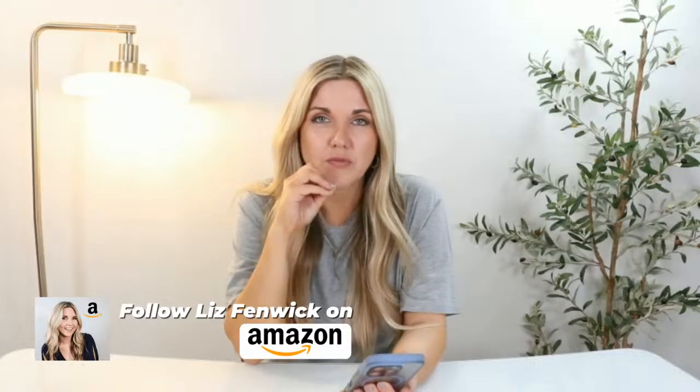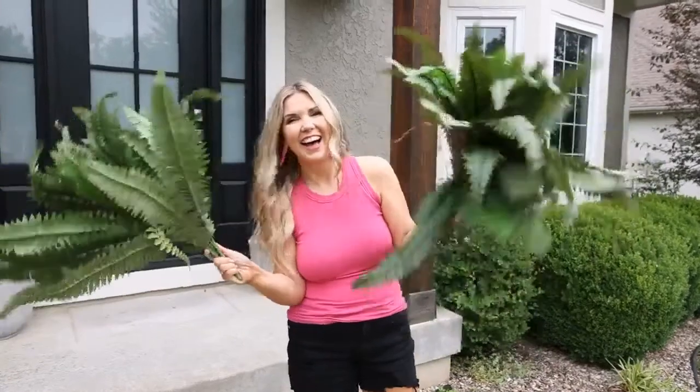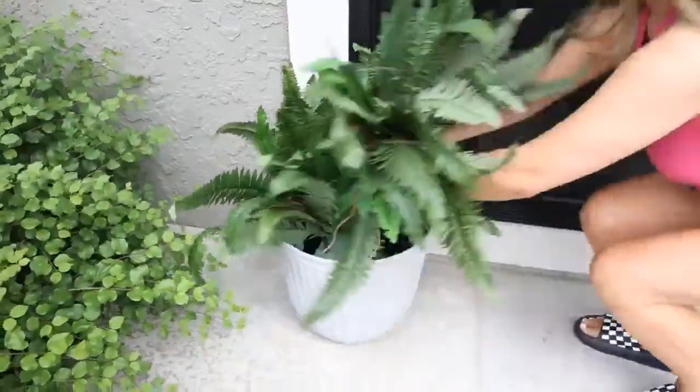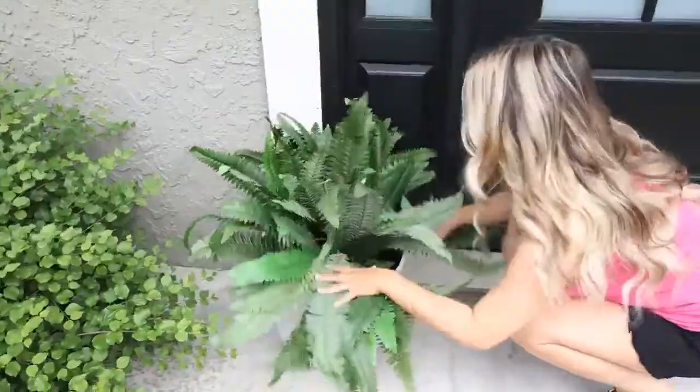Also, 45% off today on our ferns. These are my artificial ferns. They are not real. These are faux ferns that I put outside on my front steps. Now, this is the clip of me putting these out last year. So I put 2 of these ferns